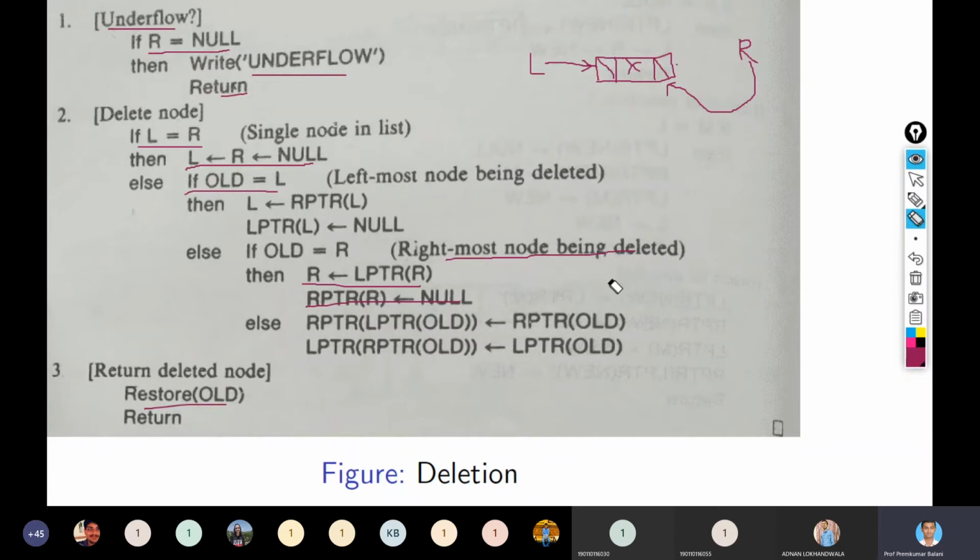Okay, now the last case where the node is the middle node. So for that, I need to draw the three nodes. Okay, so suppose this is the case, and let me draw one more node so that we can point to the middle node, and let me draw two more nodes.